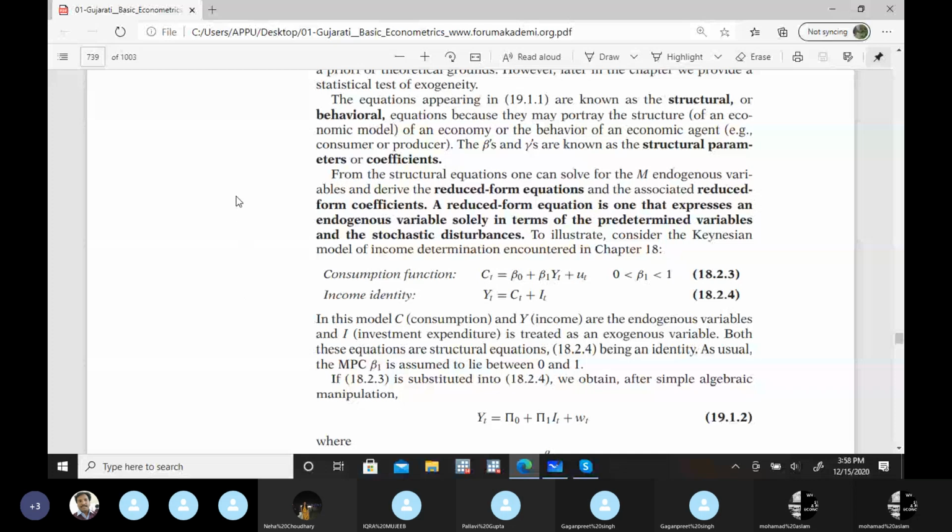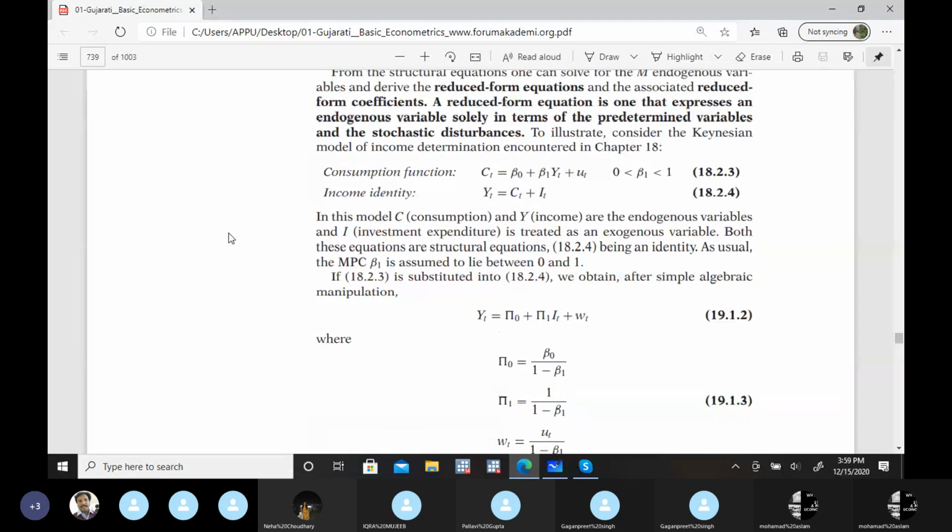Okay, so if it's clear, exogenous and endogenous, then generally we get these estimates from the reduced form of equations. Reduced form equations. Now this is another term that you have to understand. Then what are the reduced form equations? These reduced form equations we generally need to estimate the coefficients. Let me take this example of reduced form equations. And why these reduced form equations?